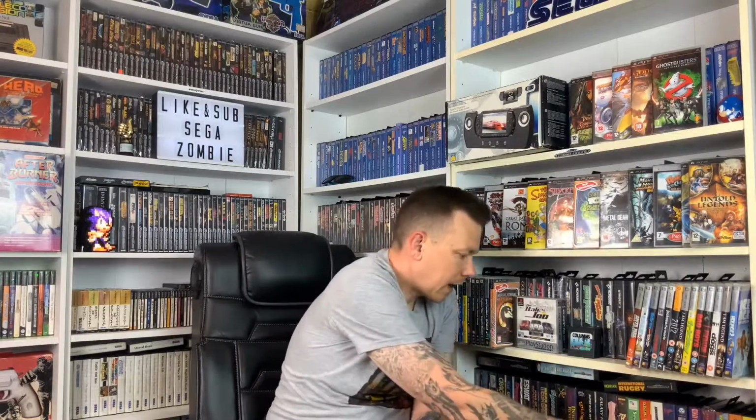It had its power lead. And it came with 3 games, which I'm going to give to Conman, because I've got these 3. But it's Gran Turismo,